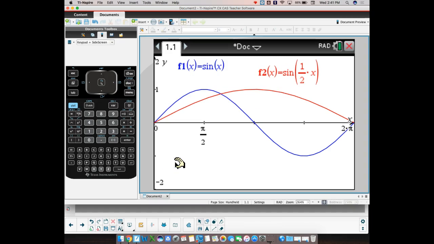Now, what do you notice? Blue is my parent function. What's wrong with red? Is it a complete wave? No. How much of the wave do we have? Half of it. Okay? We only have half of that wave,